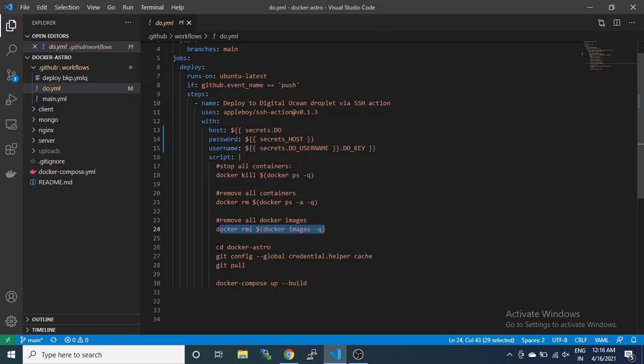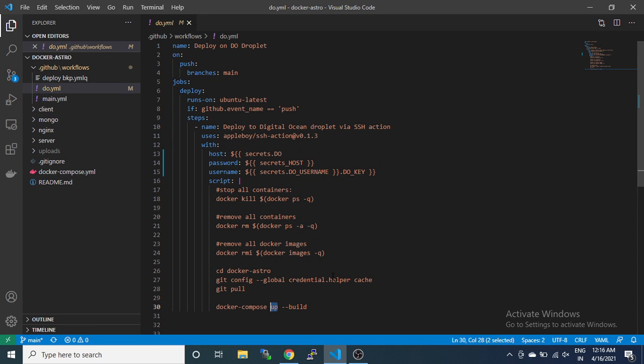Then we go to the directory of the Docker Astro folder, where we have already saved the git configuration to pull with username and password. It will automatically pull all the changes on the main branch. Then we run docker compose up --build, so it will make a fresh build and update.